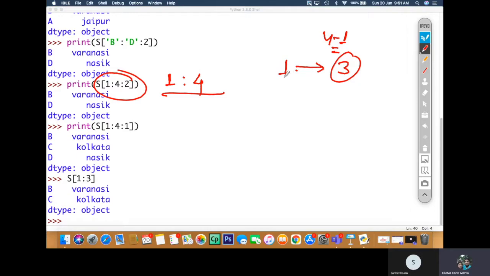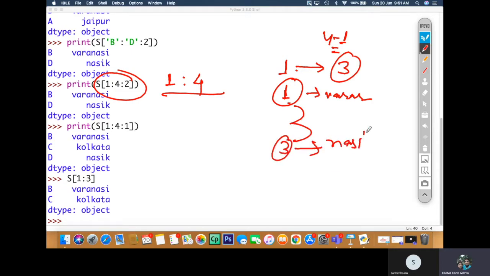And 2 at a time it will take. So yes, that is correct. Standing at 1, it is printing Varanasi, and then jumping 2 times it reaches index number 3 and prints Nasik.